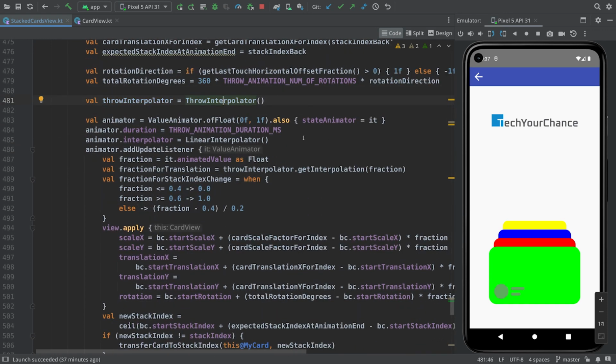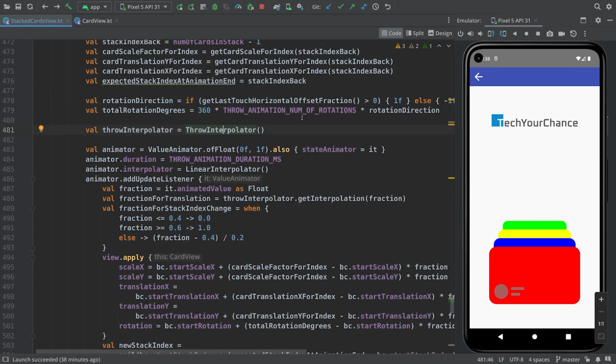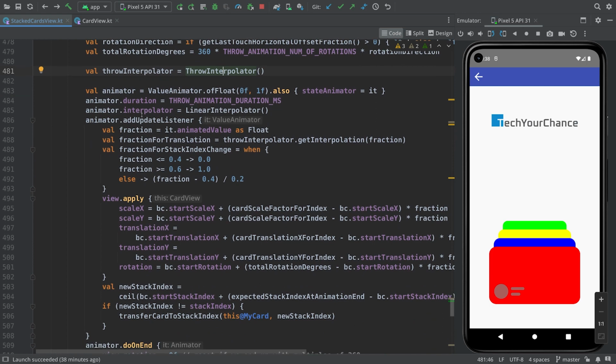Then we have throw interpolator. That's the interpolator that we will use to compute the offset of this card. And I admit it's a very dumb interpolator. I just used a linear interpolator. The value that this interpolator produces, I wanted to go from 0 to 1 and then from 1 back to 0. So that's throw interpolator. Frankly, not the best interpolator I could use here, but I didn't want to spend time on trying to implement anything better. And then again, we initialize the animator, set a duration, set linear interpolator by default for this animation,